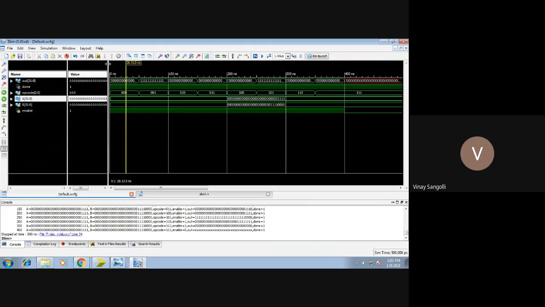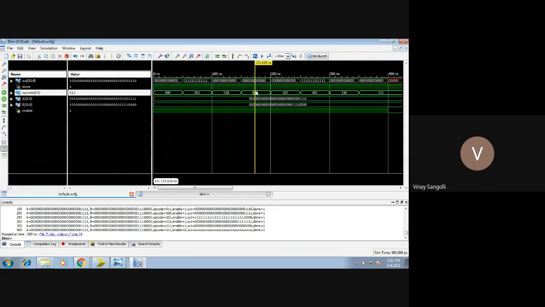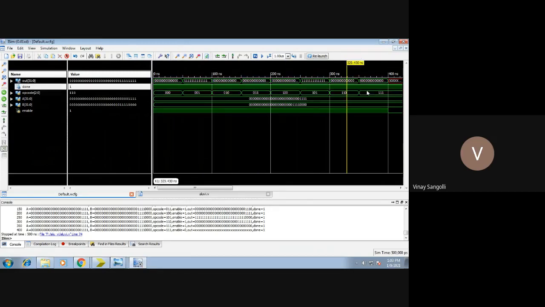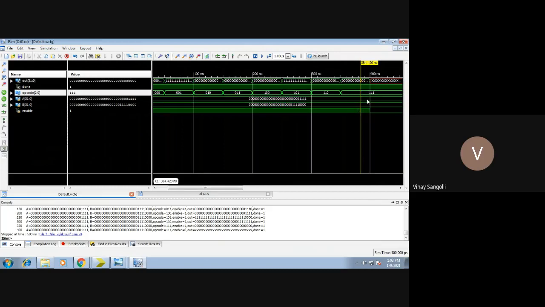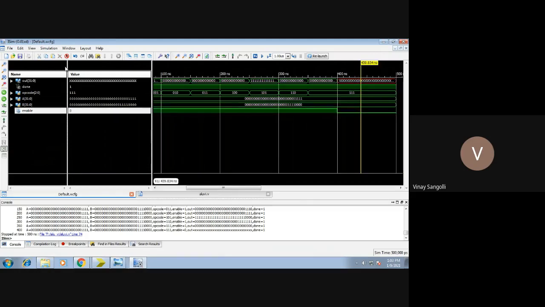Next, you have this corresponding output. In this fashion, for all your various inputs, you will be seeing the outputs based on the select line, which is your opcode. You can also see done. It is telling us that your output is working. Finally, when your enable goes low, we have also shown that condition. If the enable is low, you can see all the outputs as high impedance, which is unknown. Here you can observe the output.